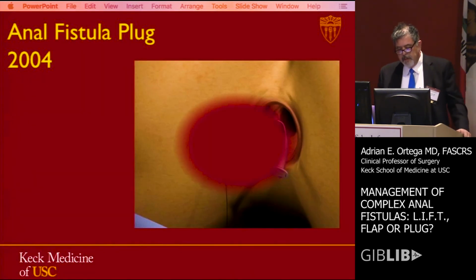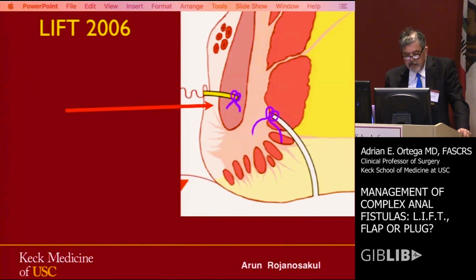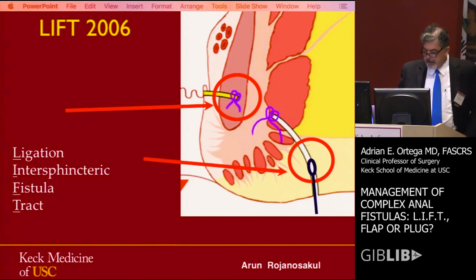The plug came about approximately 2004. There have been various modifications. There are various types by different companies. And the LIFT came about a few years later by Aaron Rojanosakal. Ligation of intersphincteric fistula tract, an attractive concept. Where it fits into the treatment specific